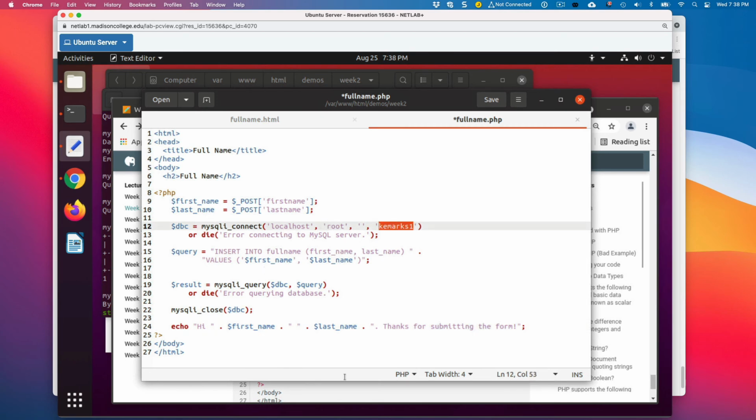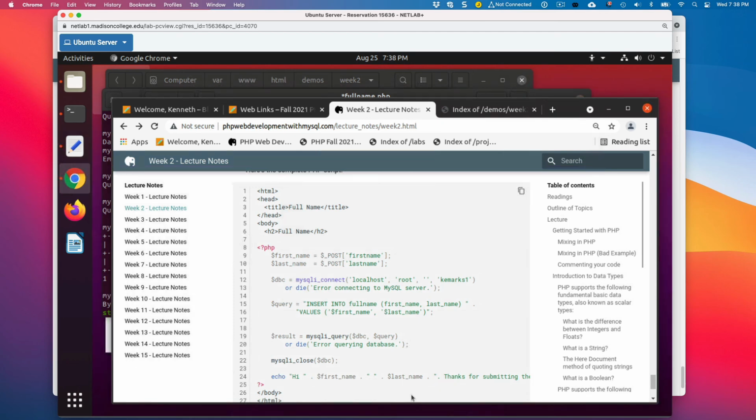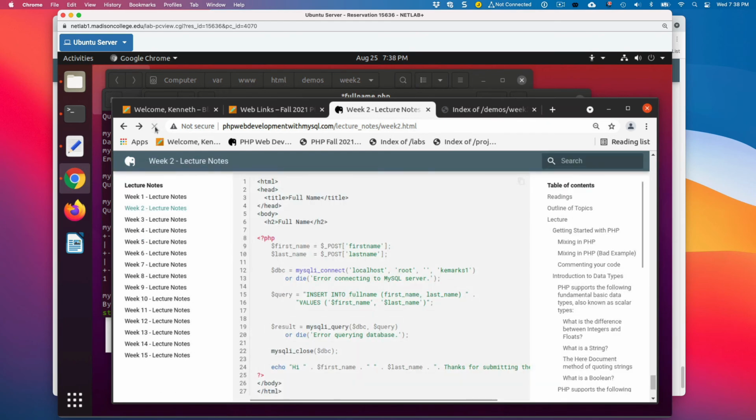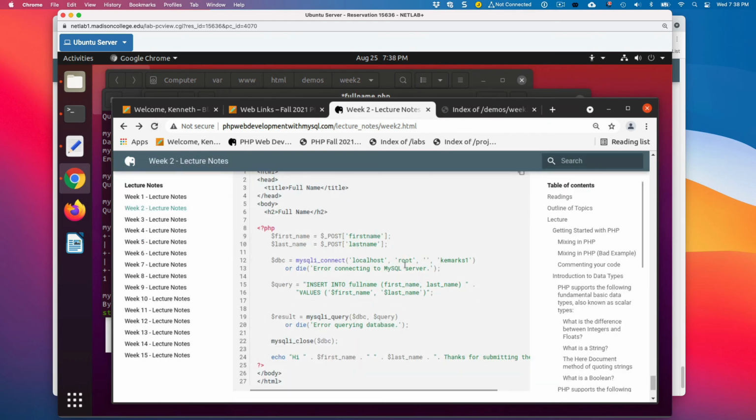Also, that's wrong, isn't it? Oops, let's refresh that. How do I fix that? Okay, this right here should be student, and this should be student right here.